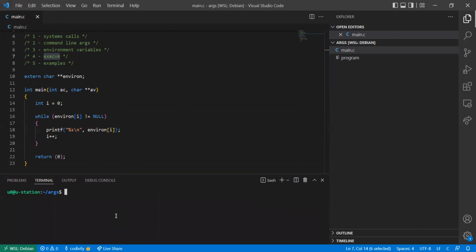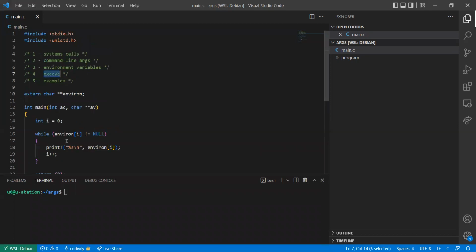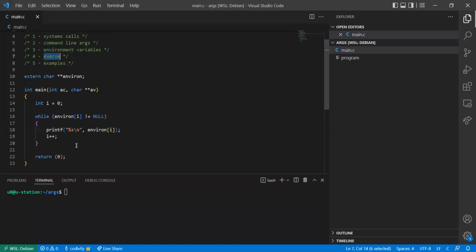Let's say you can run a program from the shell, but what if you want to run a program from your C program? This is possible by using the execv function. I'm going to delete all these things, and yes,